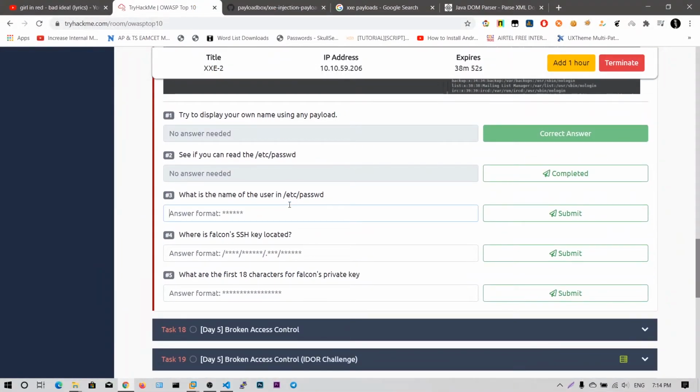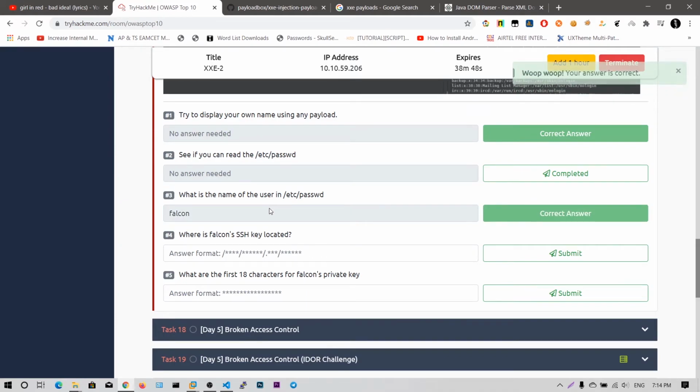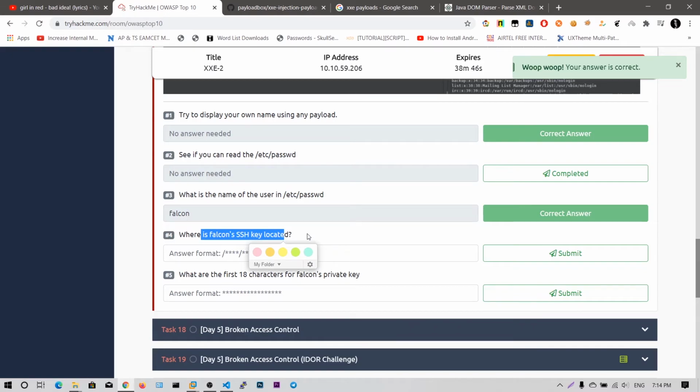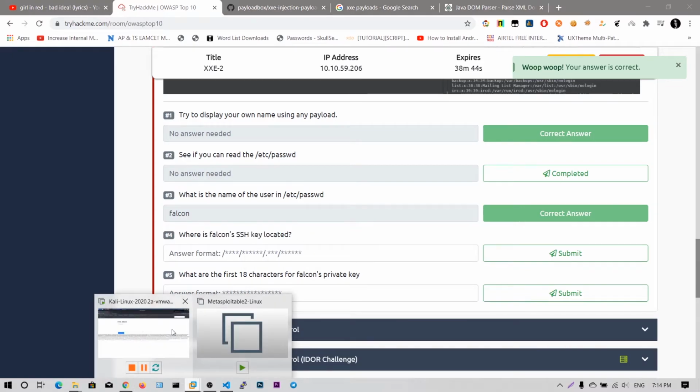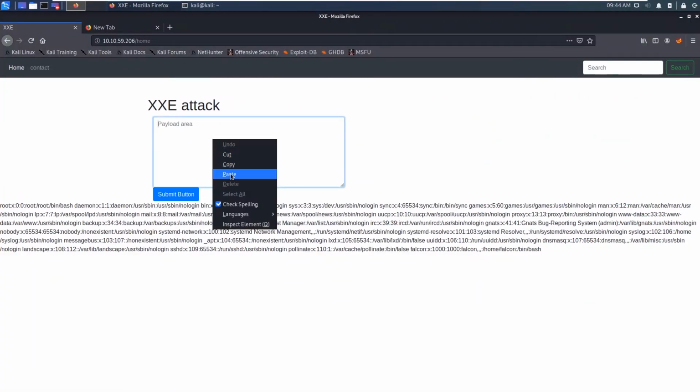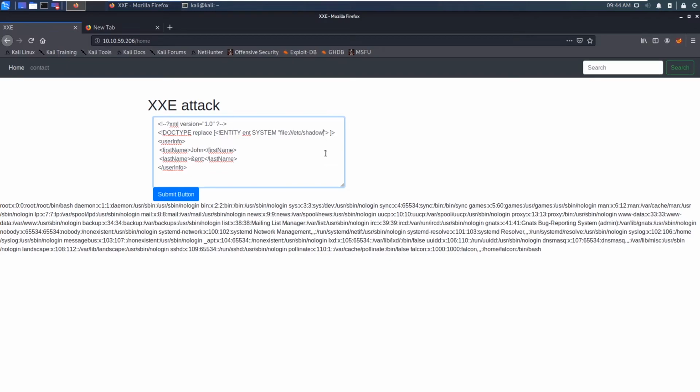What is the name of the user in /etc/passwd, which is falcon, and where is falcon's SSH key located? So the SSH key is located in the home folder, /home/falcon/.ssh/id_rsa.